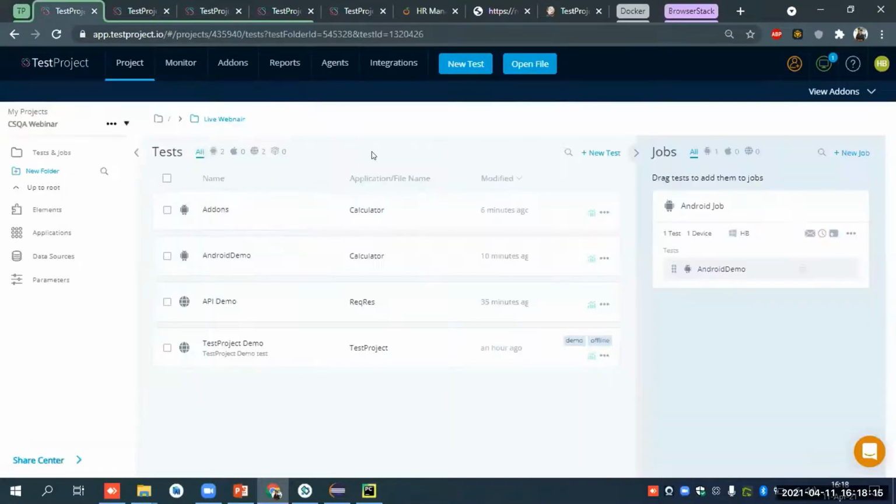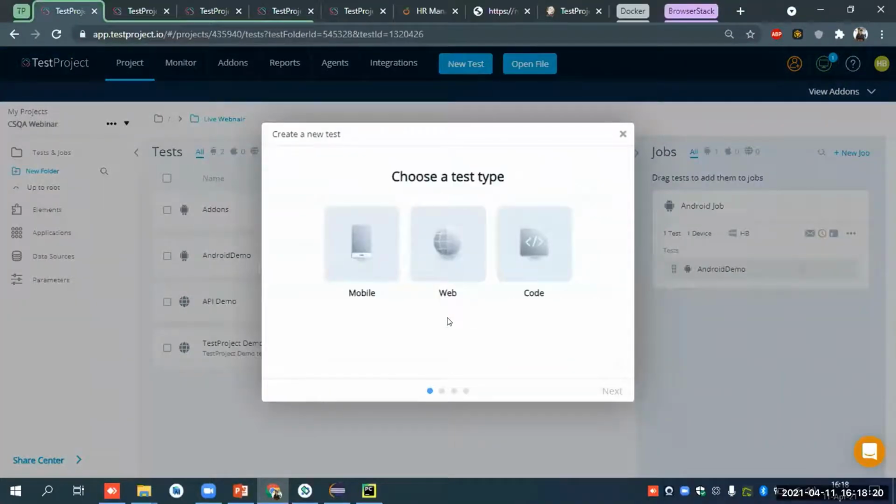Meanwhile, we can go through one more thing. Click on the new test. We have seen mobile, web, and API. You can do all of those things from the test project itself. If you have code created before and you want to import that code into the test, what we can do is this.